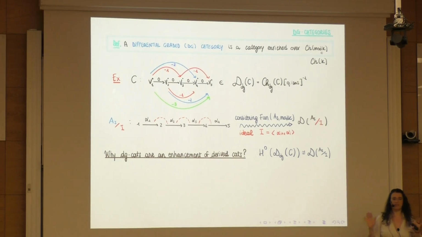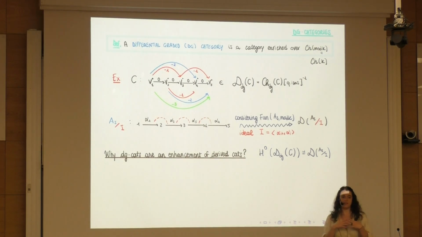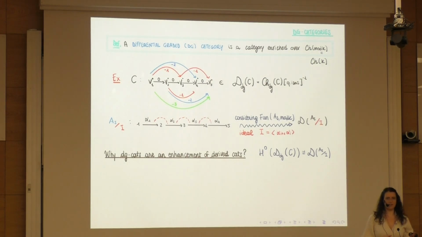Okay, so this is the same as I introduced for derivators, but what is interesting about this enhancement, sorry, this enrichment over chain complexes? So, we have chain complexes, so we can do homotopy theory on chain complexes. But the homotopy theory on chain complexes actually reflects also in DG category. And you might wonder, how? So, Tabuada gives us an answer.